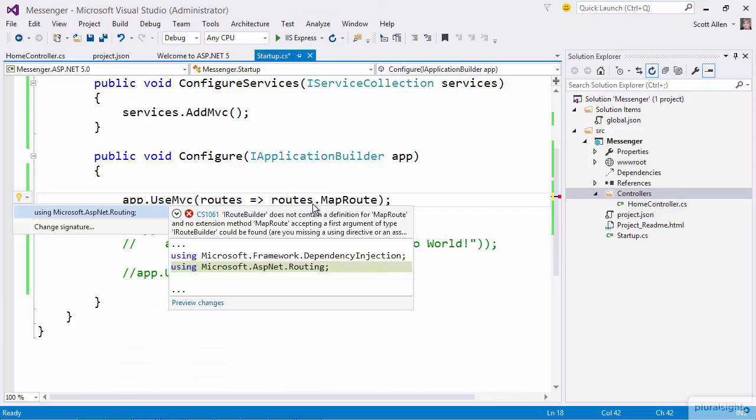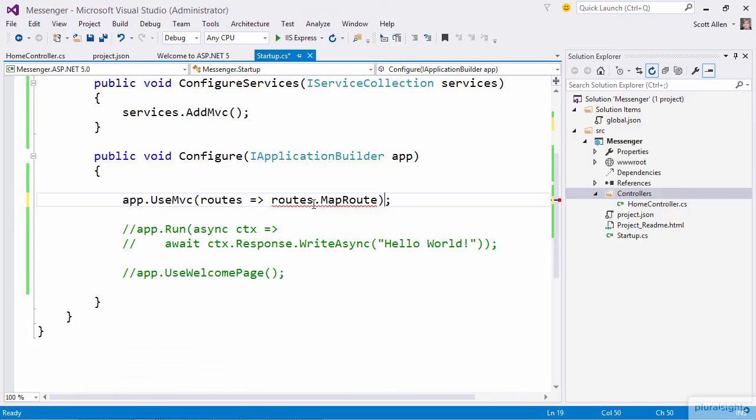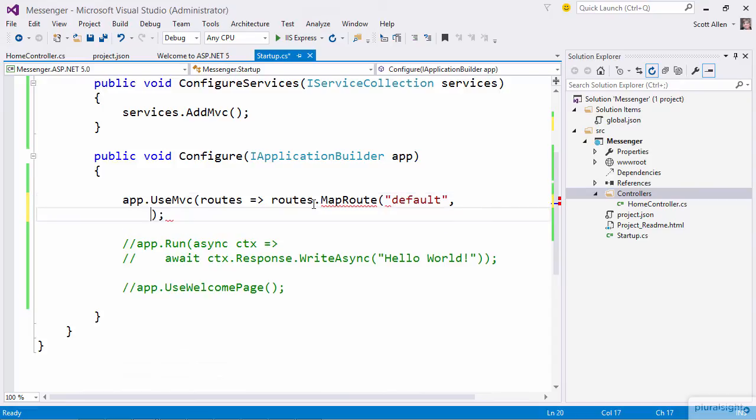Now MapRoute is actually an extension method, but one of the nice features in C# version 6 and Visual Studio 2015 is that the tools can actually go out and find extension methods that I might be missing. So it's telling me if you just include this namespace, Microsoft.AspNet.Routing, then you'll actually be able to map a route. And the routing really hasn't changed from the previous versions of ASP.NET MVC. I can specify the name of this route, I'll call it the default route, and then I can specify a template like